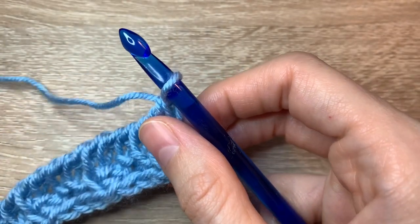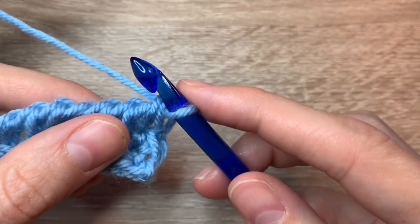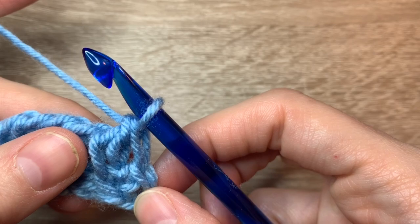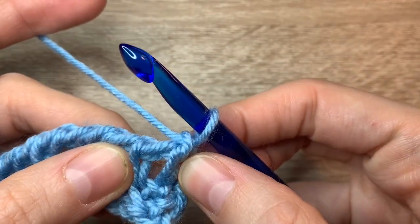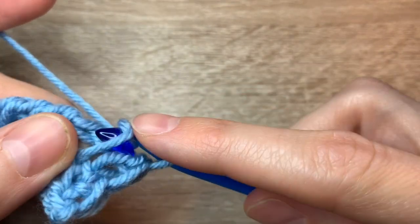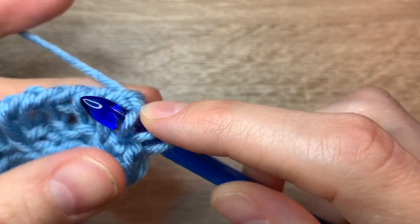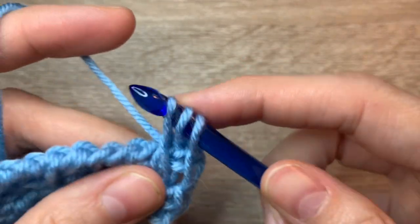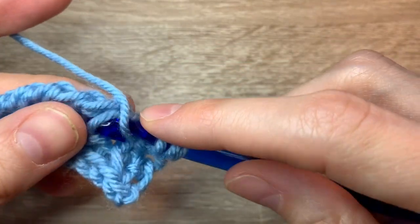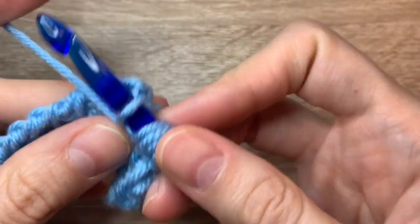Okay, and in the next row we are going to repeat the stitch pattern as in the previous row. So we will start with 1 Tunisian cross stitch. So we need to skip the first bar and work a stitch into the second bar from the hook, and then we need to come back and work a stitch into the skipped stitch. So there you go, there's another Tunisian cross stitch. And now we're going to continue with 2 Tunisian purl stitches,